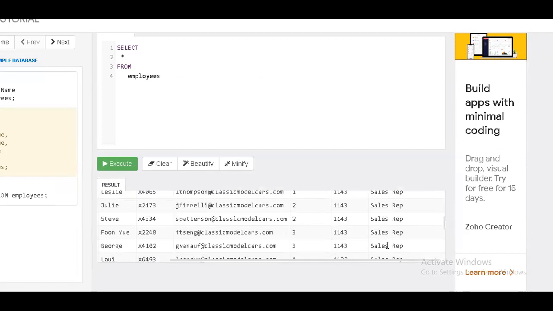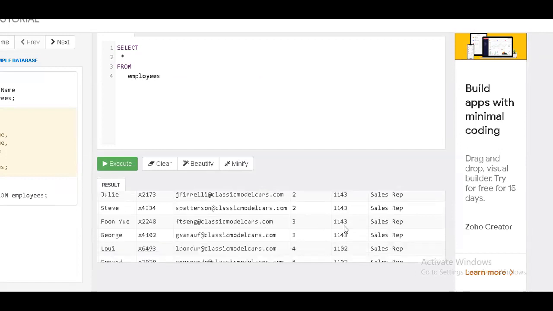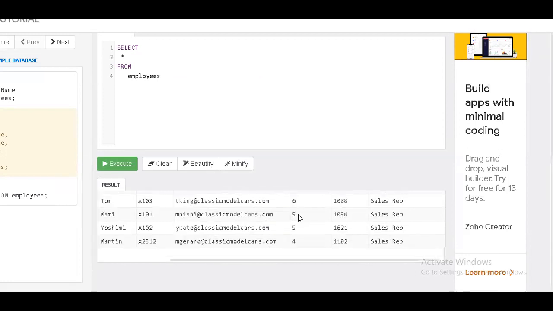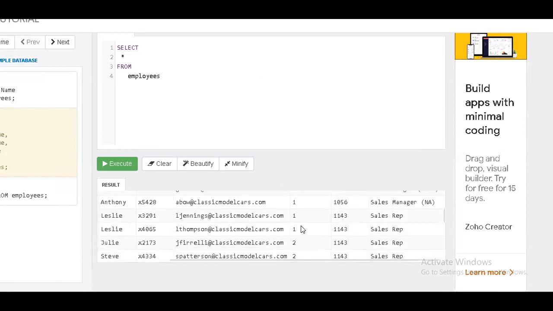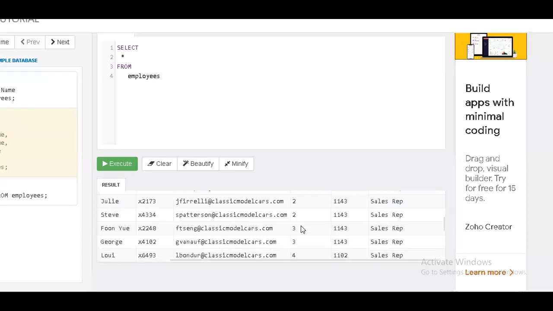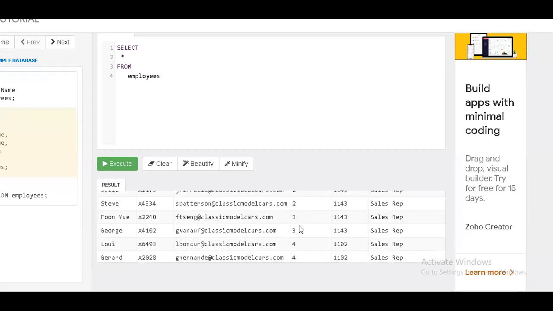Like this, we retrieve the data based on criteria. When you go with criteria, you want to filter these thousands of records quickly, so that in a short time you can give the answer. So I want to retrieve the records whose code is 3 or 4. I want only 3 and 4.